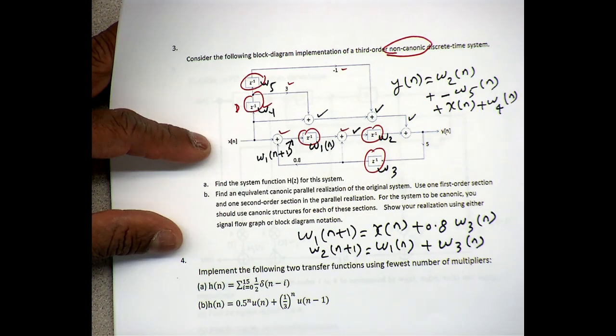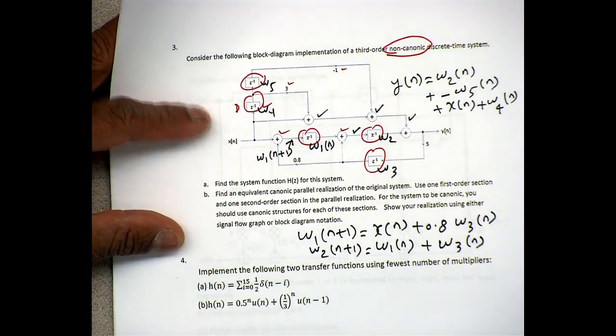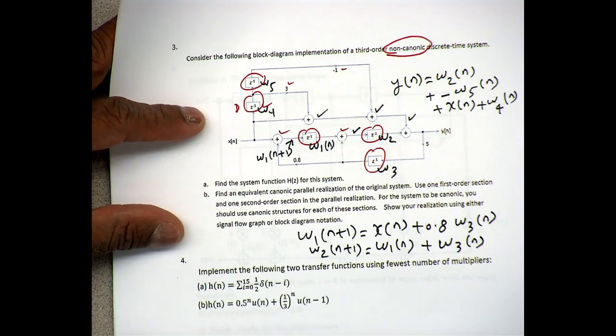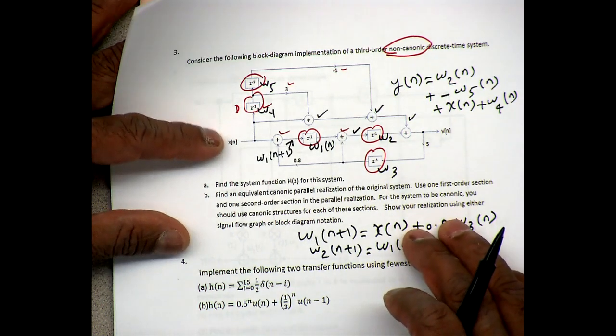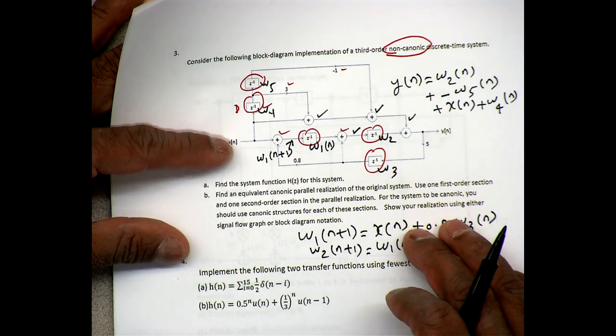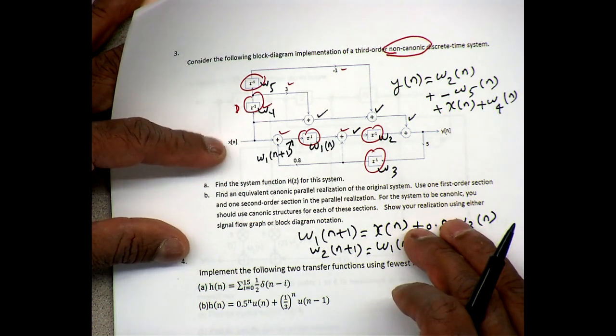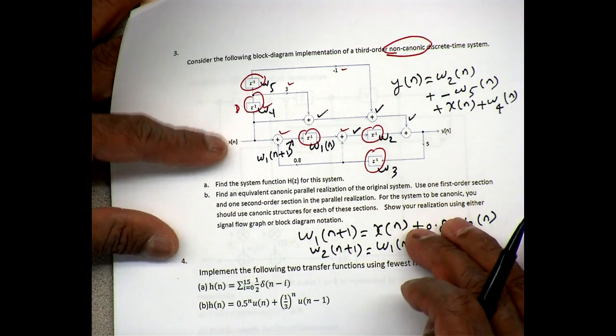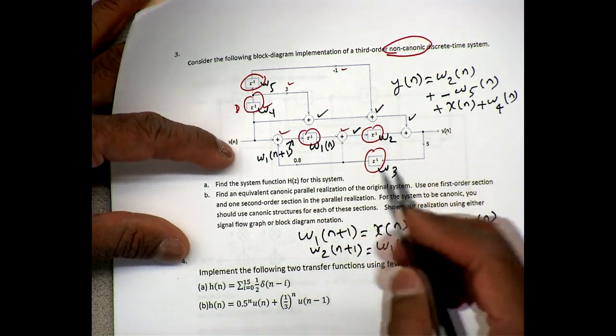So any volunteers as to how to do this quickly without really spending a lot of time? I wonder if you have any thoughts. Anybody? Yeah, go ahead. You can represent them as two parallel transfer functions, basically. There is certainly some way of thinking about that, but let me tell you how I see to do this very quickly. And when you are doing things very quickly, you should make sure you are doing it right, because it's easy to make mistakes.